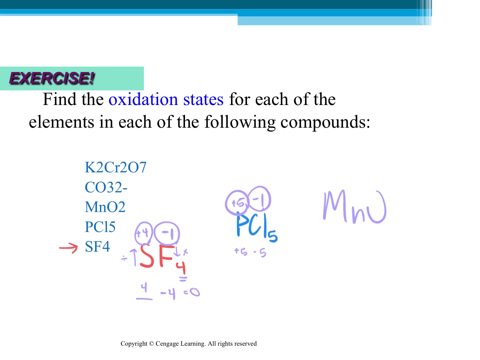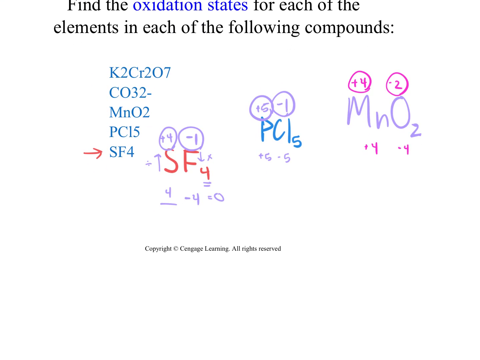MnO2. Now, this is ionic, isn't it? So it's a little simpler to tell what our oxidation states are going to be because typically they just follow the charge. But let's work through it. Oxygen is always -2, which means -4, which means manganese needs to be +4. Okay, not too bad. Okay, let's move on to